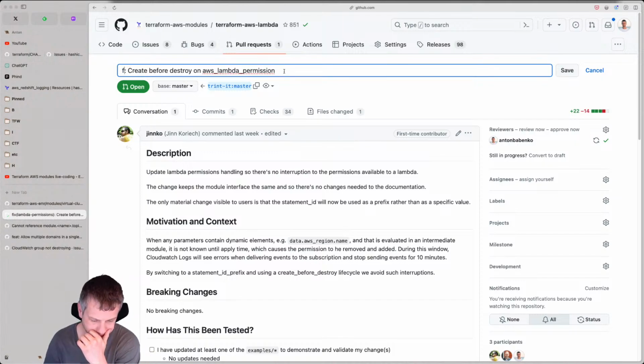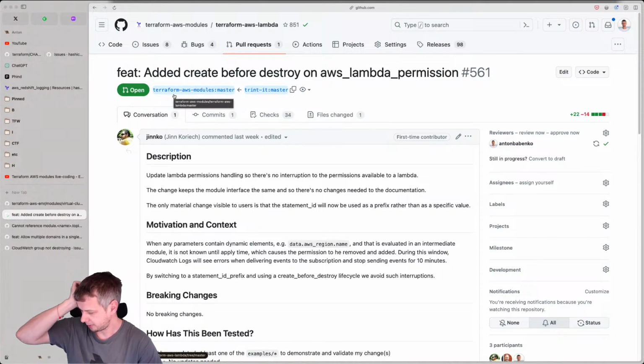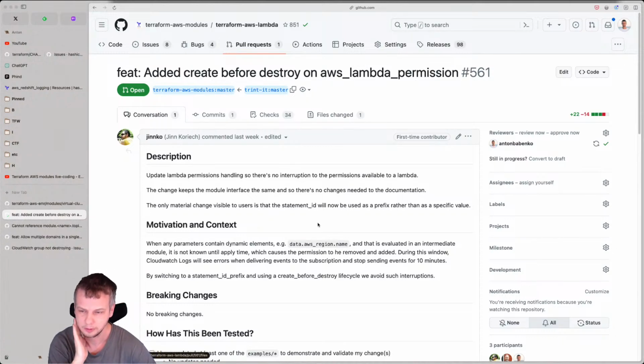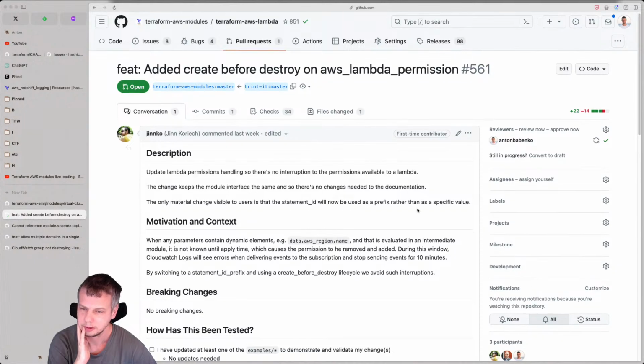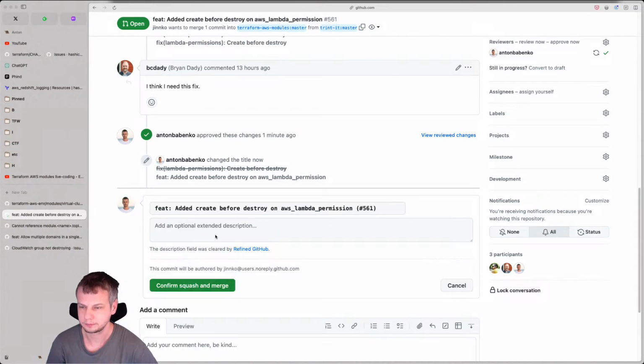Is it fixed? No, it's actually a feature added, create before destroy. It's a feature because some people will have the permission be recreated, which is not a big deal. Still, yeah, it's a feature.